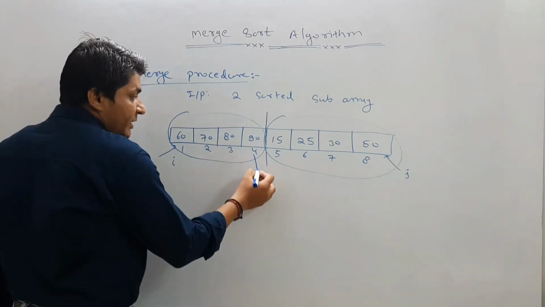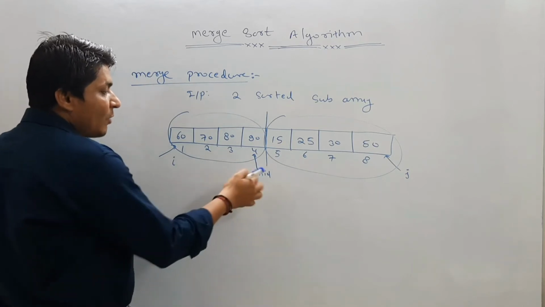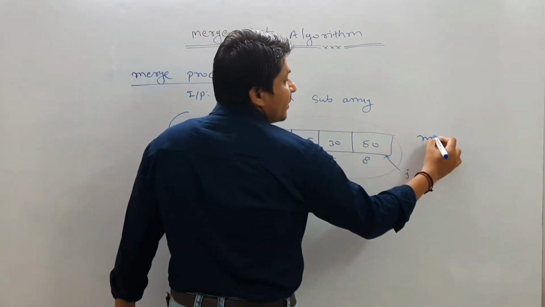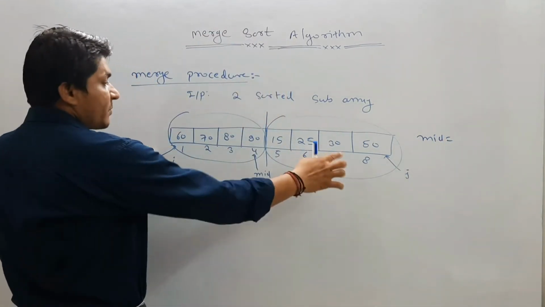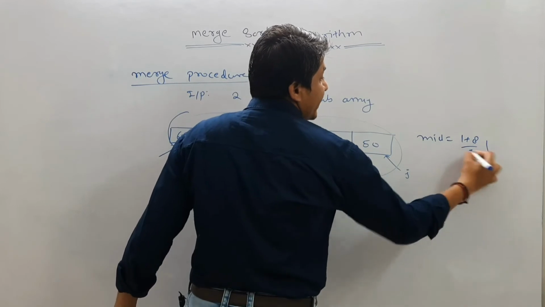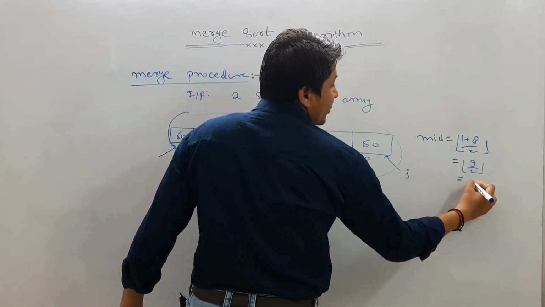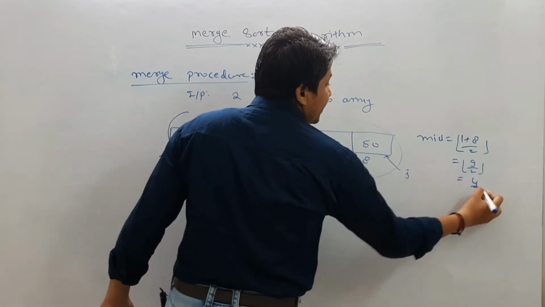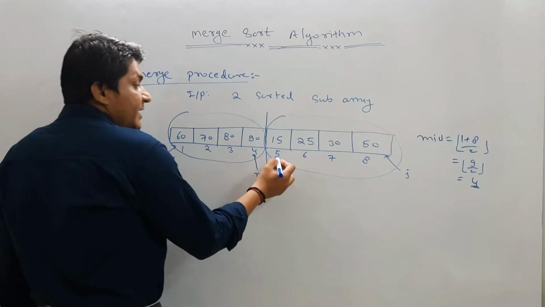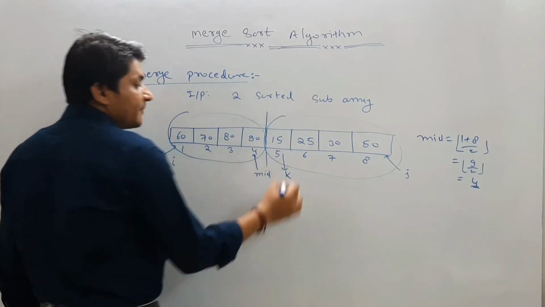Let's say this is the mid. So this variable is mid. I am simply calculating the first mid. How do we calculate mid? For this problem, 1 plus 8 divided by 2, then take the floor value. So 9 divided by 2 is 4.5, and you can take the floor, so mid is 4. That is how I am calculating. The next array will start from mid plus 1, so let me store that value in the variable k.